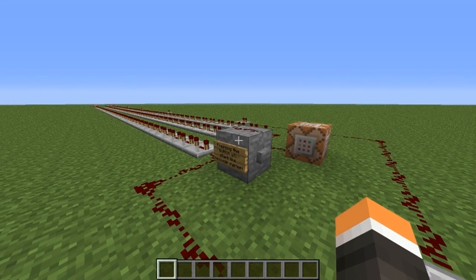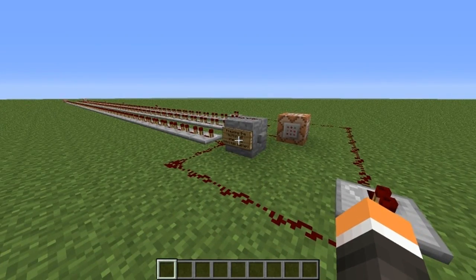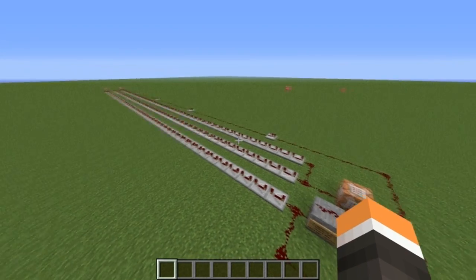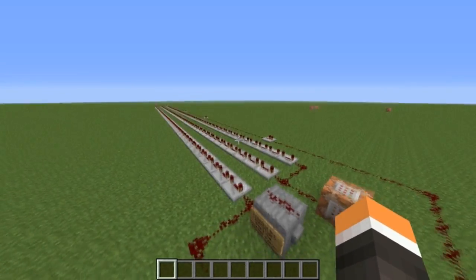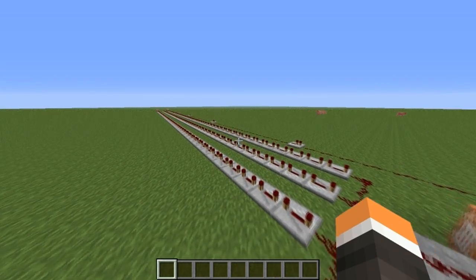My name is Joel and today we're going to be looking at auto announcers using Redstone. Now, for an advanced Redstone, this isn't going to look complex. This is made up of repeaters, command blocks and Redstone. That's all it is. Basic Redstone users